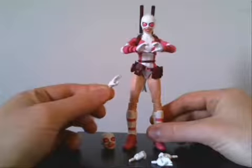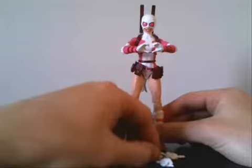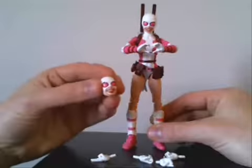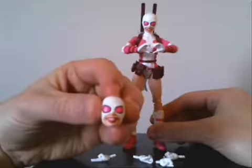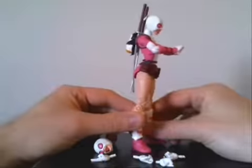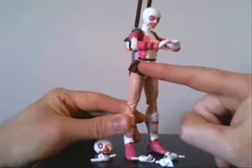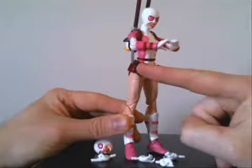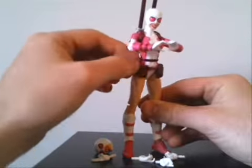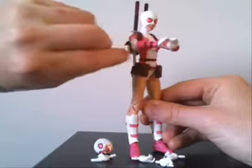There's the peace sign right there, and she does come with gripping hands for her sword, an alternate head with her tongue sticking out there. And as for accessories, she has a little, I don't know if you could see it there, a little cell phone she can hold to make it look like she's taking a selfie. That comes out of the belt there. It's very tiny and easy to lose. I'm not going to take it out right now, but